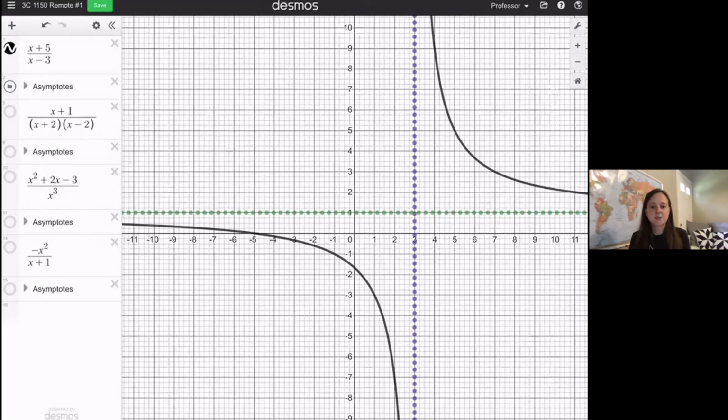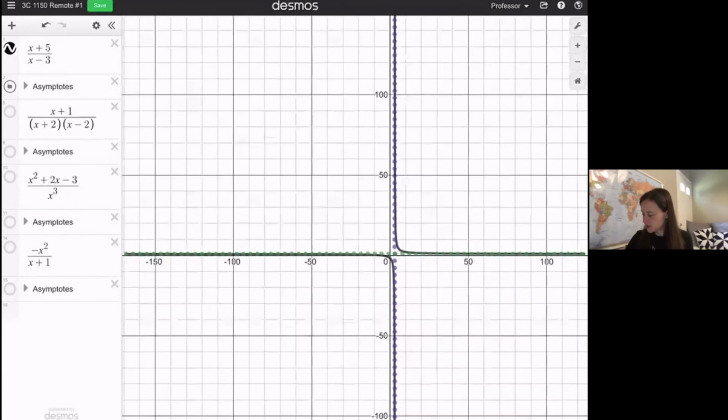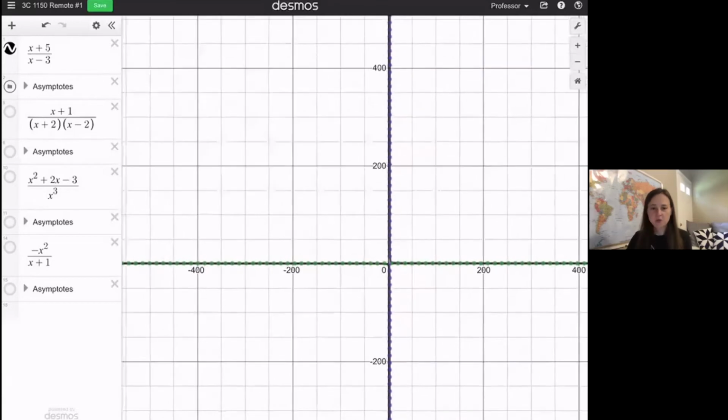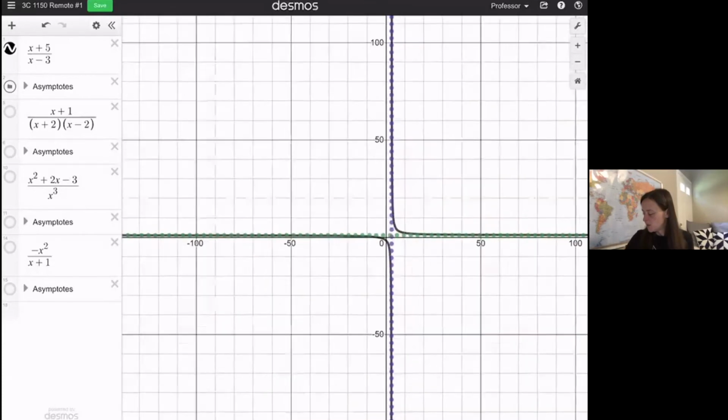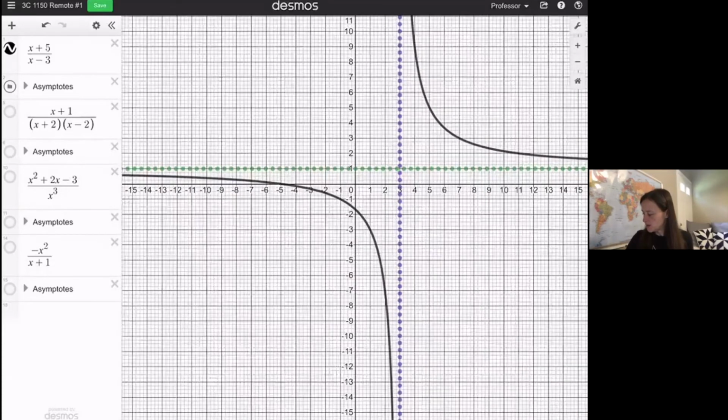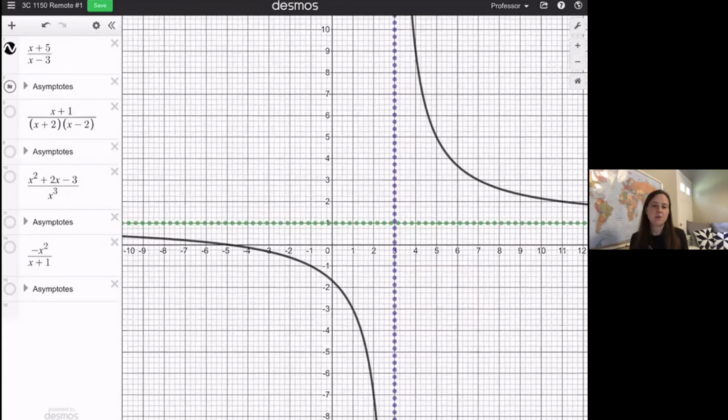And these asymptotes, if I zoom out on this graph, actually show what most of this graph looks like if I zoom out far enough. So the difference between our graph and these two lines is only visible when we get kind of zoomed in here. All right, so the purple line is what we call a vertical asymptote,